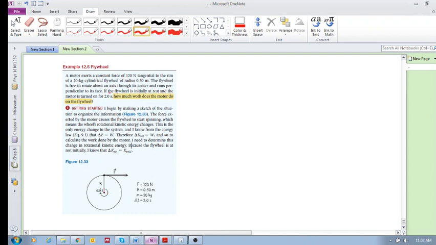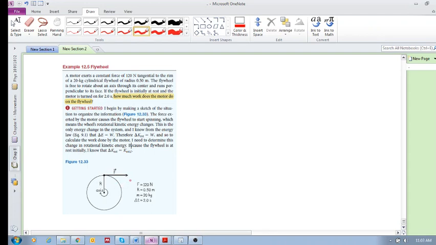If the flywheel is initially at rest and the motor is turned on for 2 seconds, how much work does the motor do on the flywheel? How much work does the motor do on the flywheel? Okay, so a motor is exerting this tangential force on the flywheel. And we know what we've been hearing so far is that if we have this